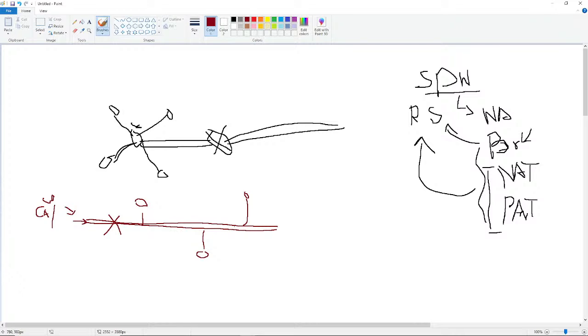So now if A wants to send something to B, it is not able to communicate with B, or B is not able to communicate with C, because the main line, the baseband line, goes down. That's why it is not possible to communicate with each other. That is one disadvantage of